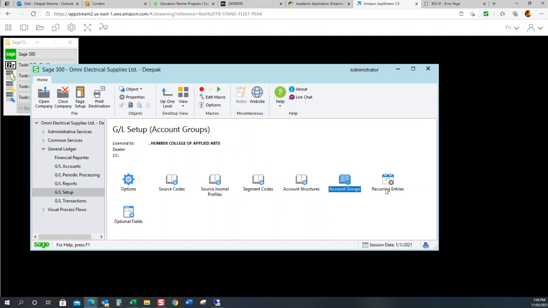And recurring entry, we will come back to this later on in the course. So this is pretty much what we need to cover in this chapter from the GL setup part. Now, everything that you have done here, you want to make sure you know how to print them, because if you're doing this in the test environment on the assignment, you want to make sure that you can